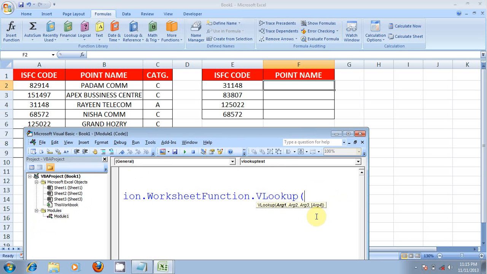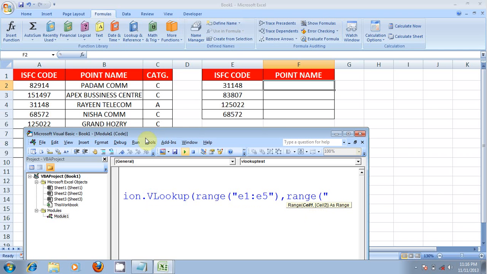For the lookup value, set a range, E1 colon E5. In our case, this is the range for the lookup value. Close parenthesis, comma. For the table array, select the range.